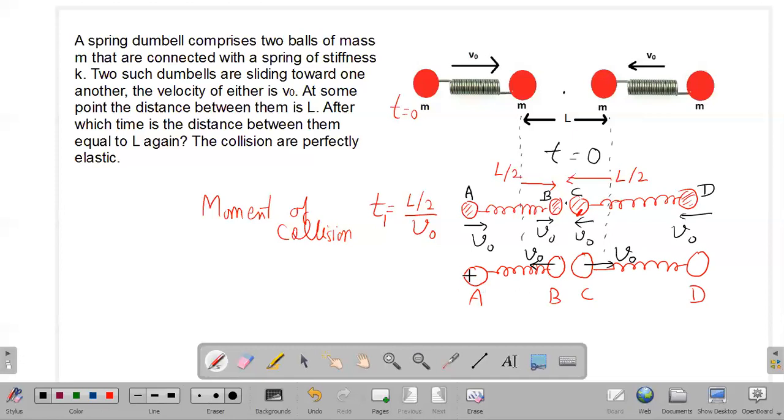What will happen with A? A will still continue to move with the velocity v0 to the right, because object A has not received any kind of impulse, and therefore the momentum of A will not change. Similarly, block D will still continue to move to the left with the same velocity v0, as it is attached to the spring and the spring will not offer any impulse to block D. Spring force cannot be impulsive during the collision process.